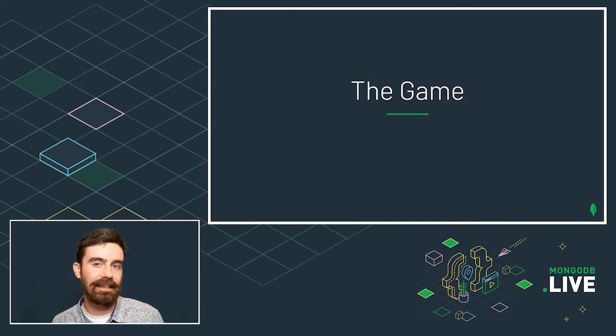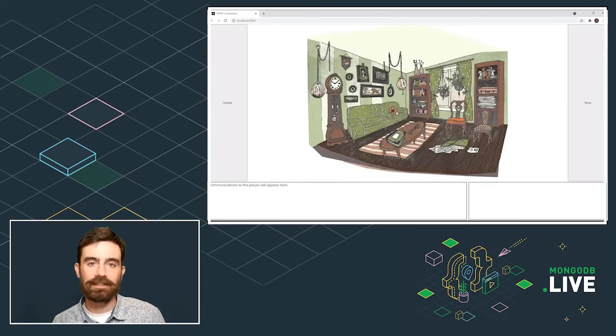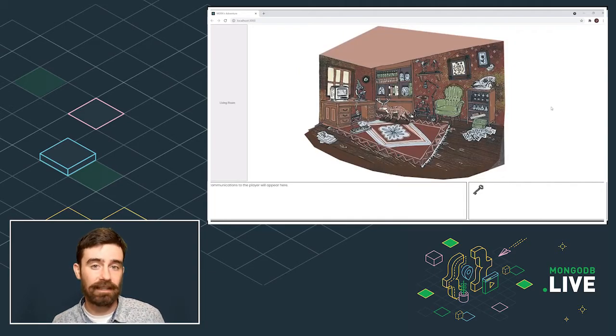So let's take a look at the game as a whole, or at least a proof of concept of how we could make this game. So we're outside in Mern's adventure. We're going to change locations. Turning on the light, I'm keeping track of that as a way to show off game progress. We can pick up the key, which is game progress updating and the inventory updating. You can see the inventory in the bottom right.